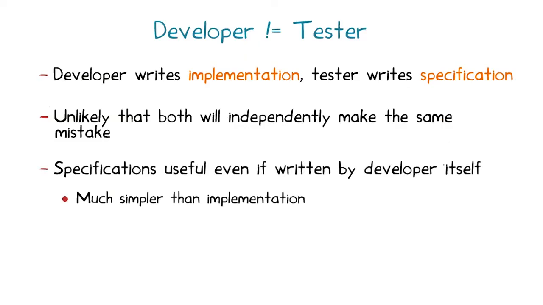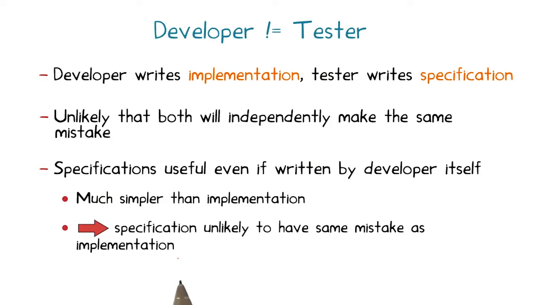This is because even though the same person, that is the developer, writes both the implementation and the specification artifact, the specification is typically much simpler than the implementation artifact. This is because each specification checks only one facet of the implementation. Therefore, the specification is still unlikely to contain the same bug as the implementation. Additionally,